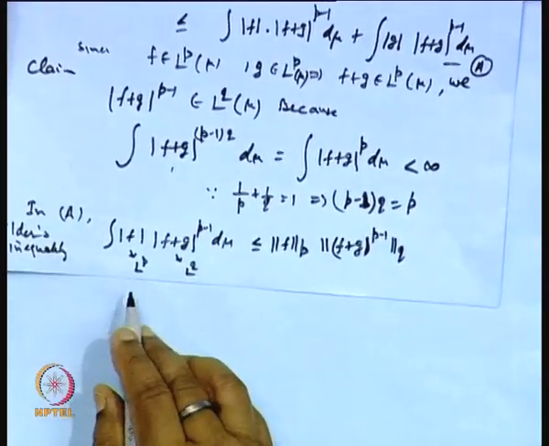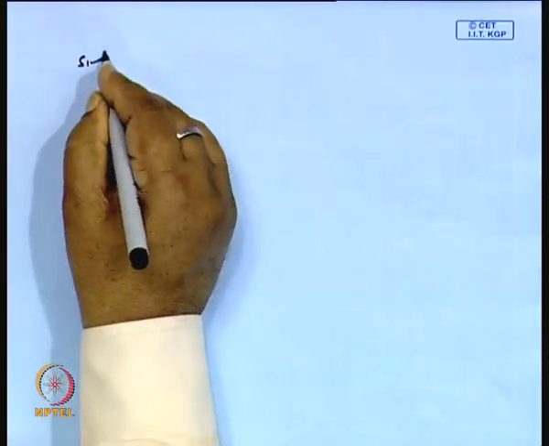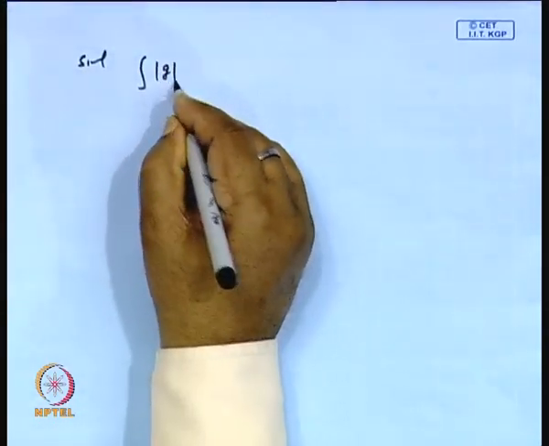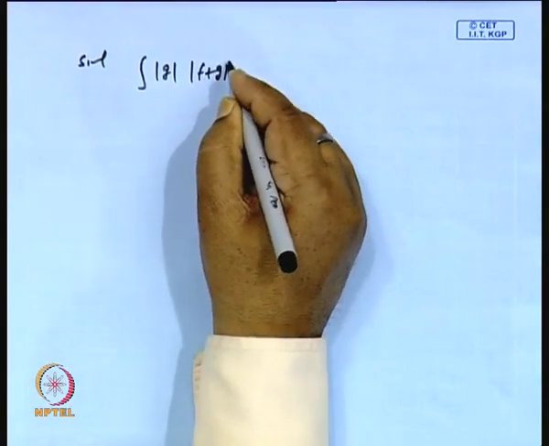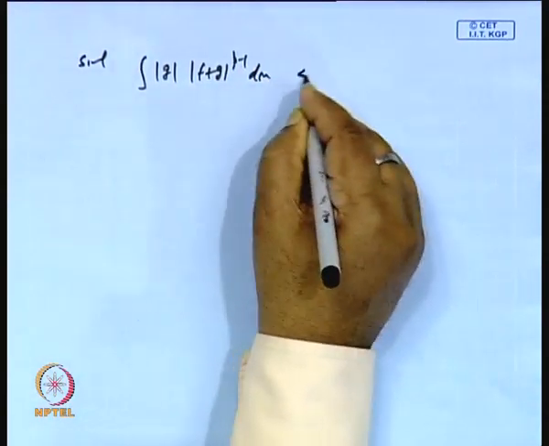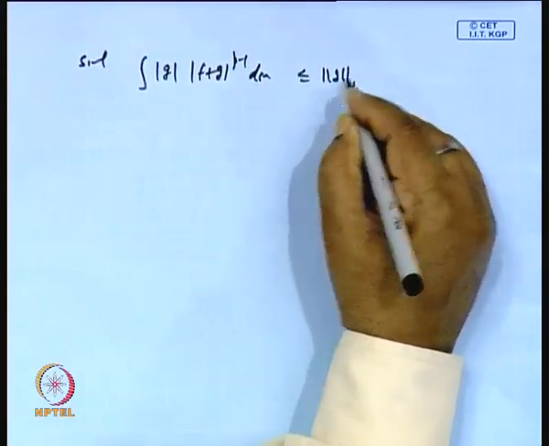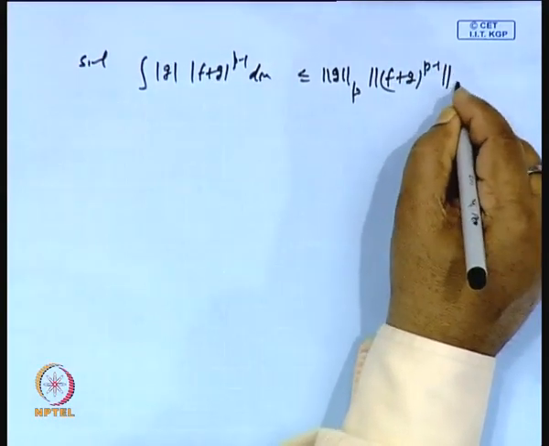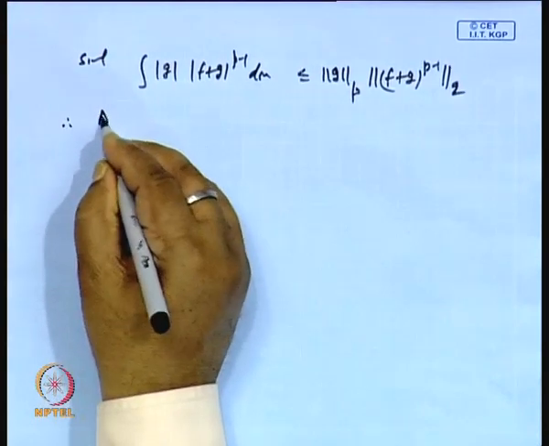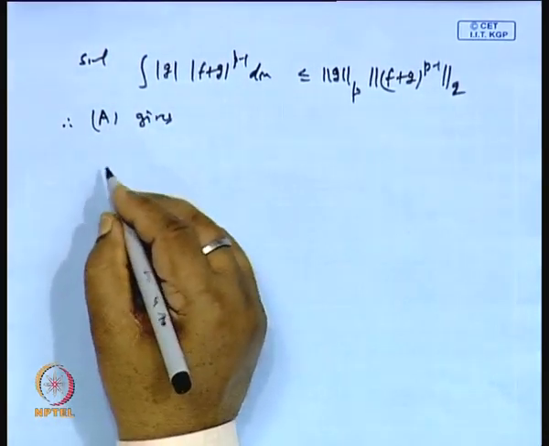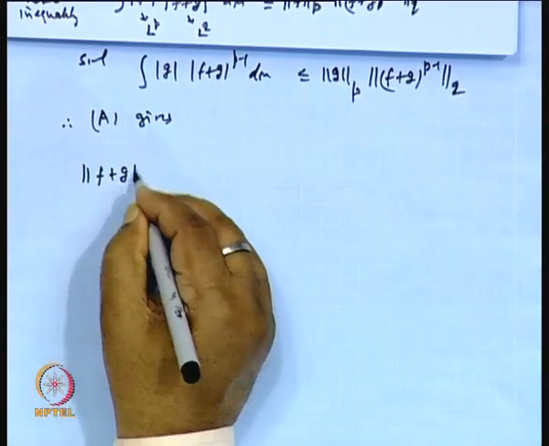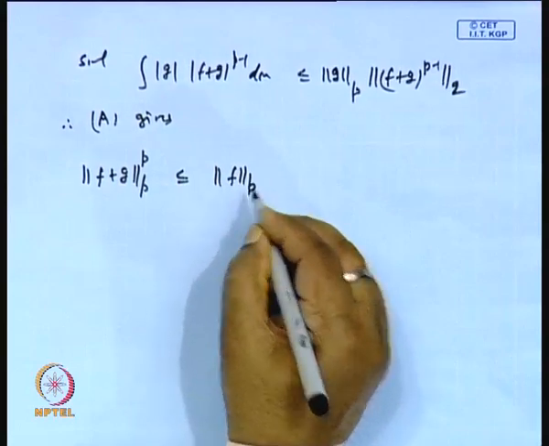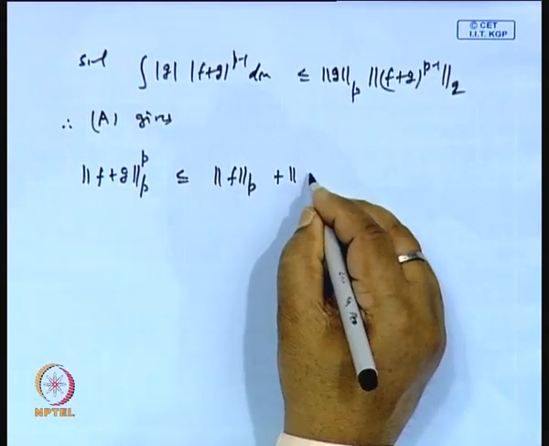Similarly, for the second integral, the second part is the integral of mod g times mod f plus g to the power p minus 1 d mu, which is less than or equal to the norm of g in L^p into the norm of f plus g to the power p minus 1 in L^q. Therefore, this gives us: the norm of f plus g to the power p is less than or equal to norm f p plus norm g p,